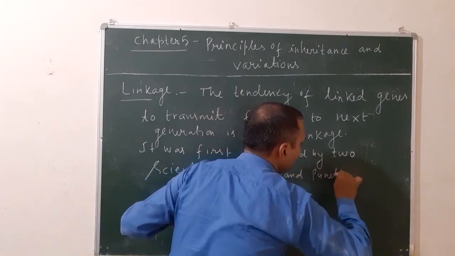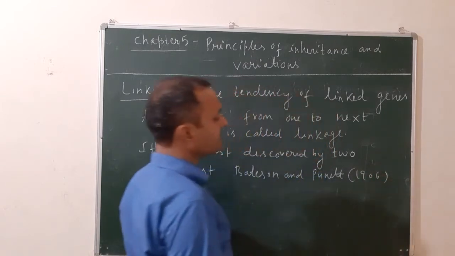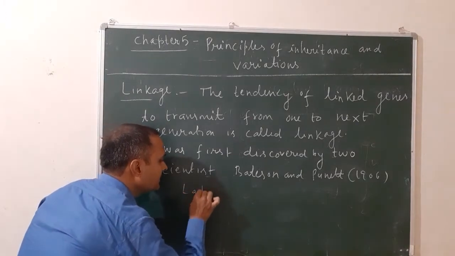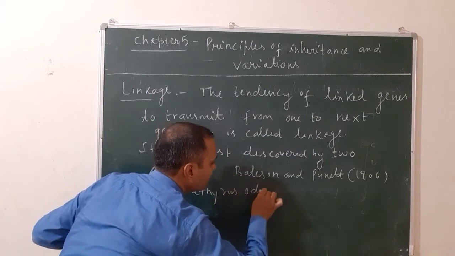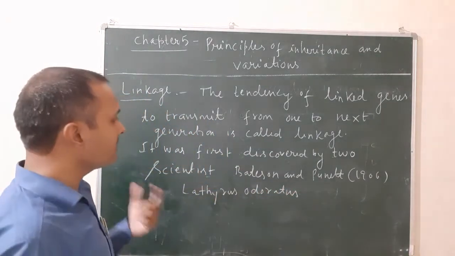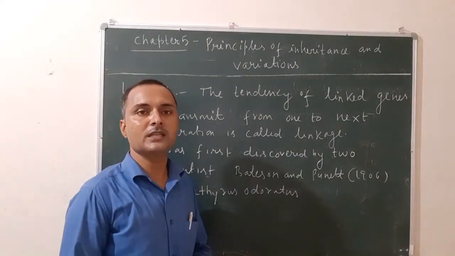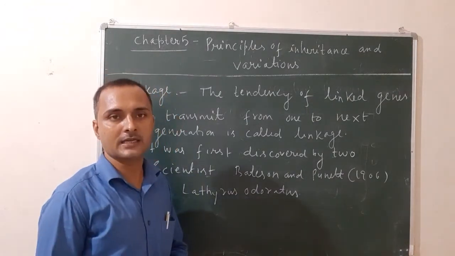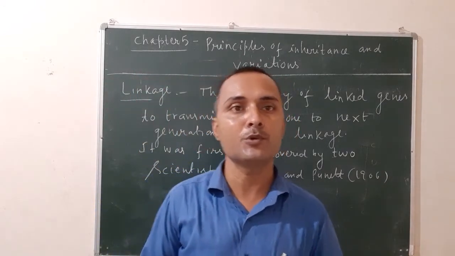In the year 1906, Bateson and Punnett, in the plant Lathyrus odoratus. Once again, linkage was first discovered by two scientists, Bateson and Punnett, in the year 1906 in the plant Lathyrus odoratus, and the phenomenon of linkage was experimentally proved by